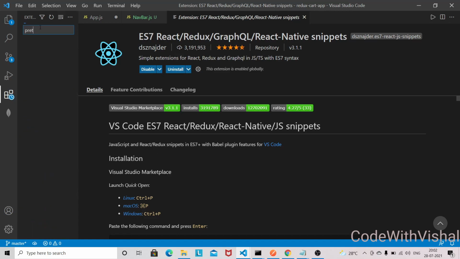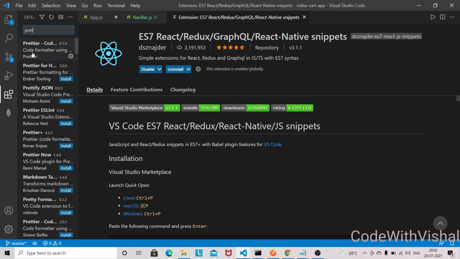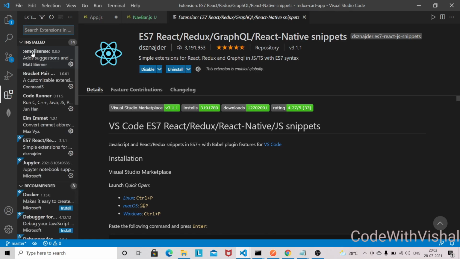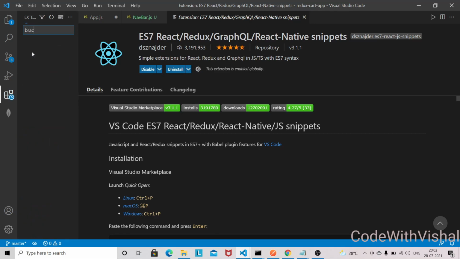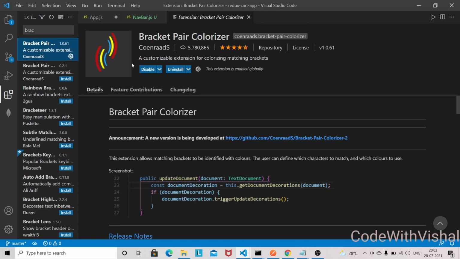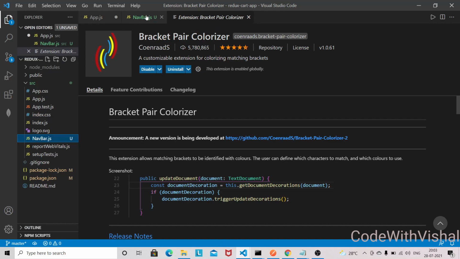So you can install this extension, Prettier, and there is one more extension, a bracket colorizer, which I'm using to colorize our opening and closing brackets. So I'm using all these three extensions in this project. Okay, so let's work on this one.